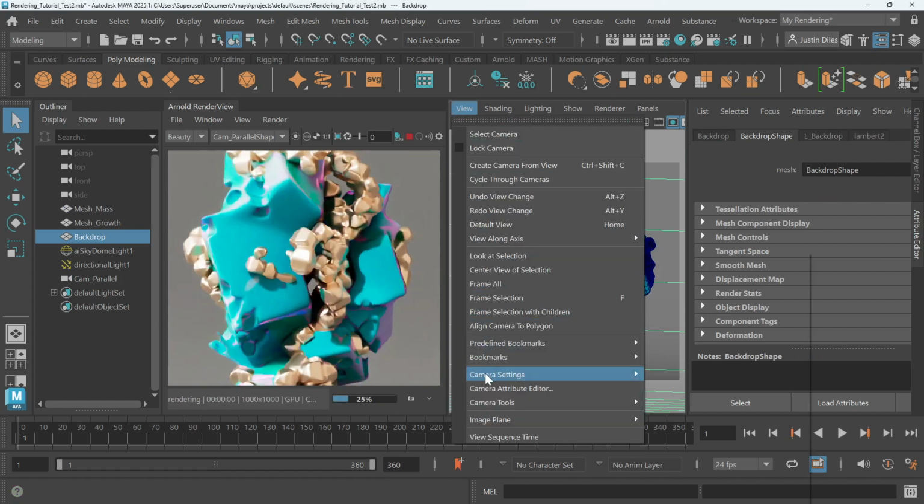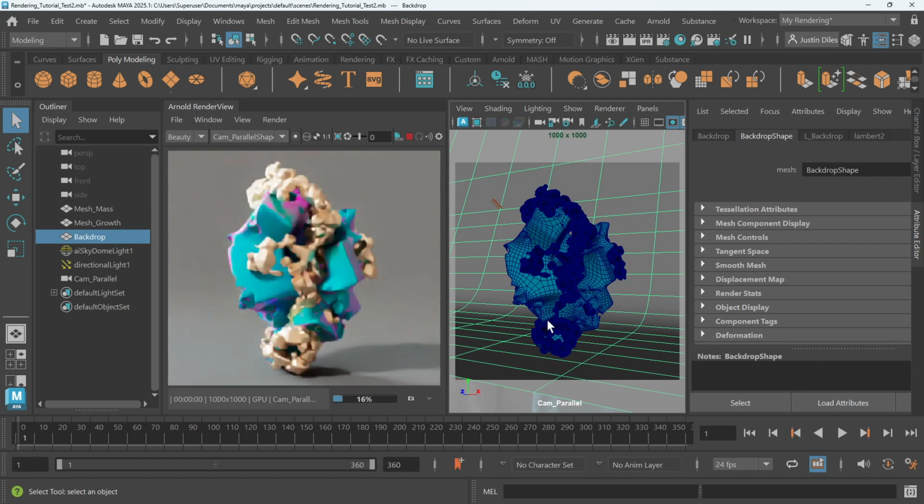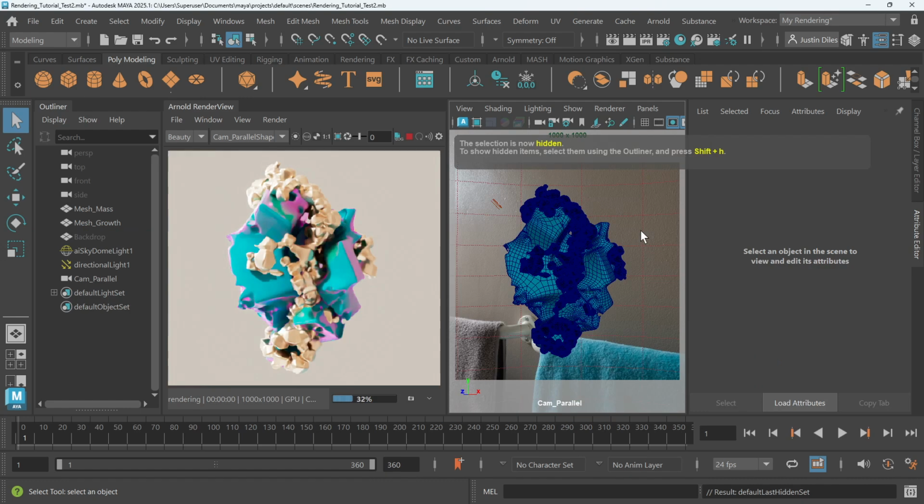Actually, I have a bookmark, so let's get back to our bookmark. And now we have this parallel view. And we could choose to have the background on or off. Here's another cool tip, which will show you just how flexible Maya is. In Arnold, in the Arnold settings for this object, we can tell it to have the backdrop not be visible. We get this shadow here, and actually, if we turn the backdrop off, I'm just going to hide it,